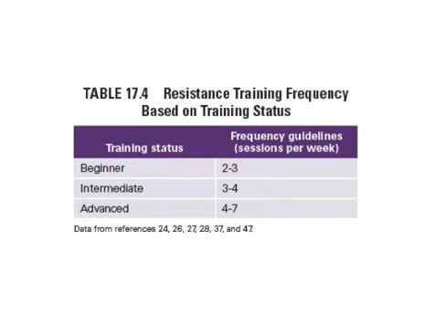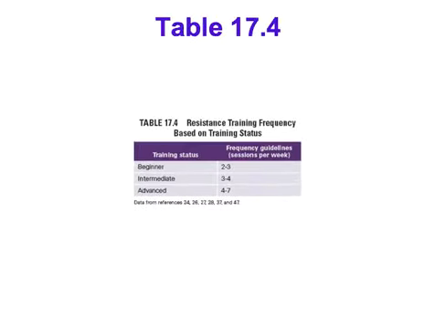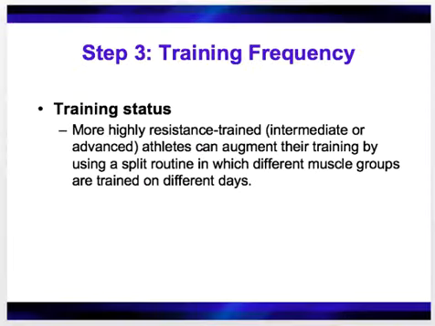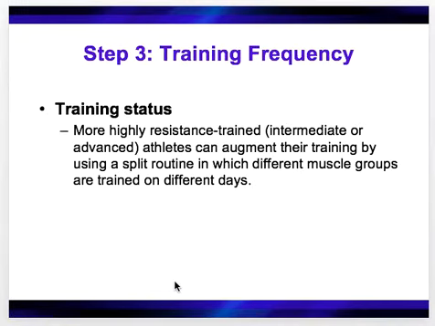Let me get back to original size here. Okay. Training status: more highly resistance trained athletes can augment their training by using a split routine in which different muscle groups are trained on different days. That's just basically what I literally just said in the chart that you saw in the slide before this. If you're an advanced individual, you may be able to do 4 or 5 exercises that work